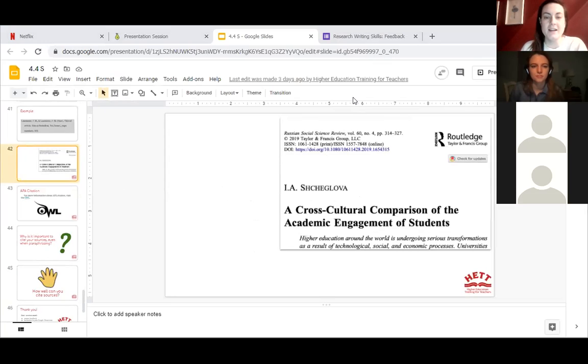So let's do one as an example to start with. I'm going to use the annotate tool and the text tool. Maybe we can just do it together.